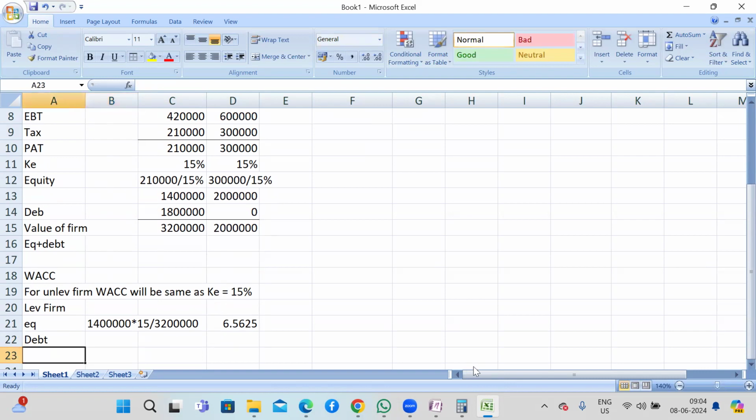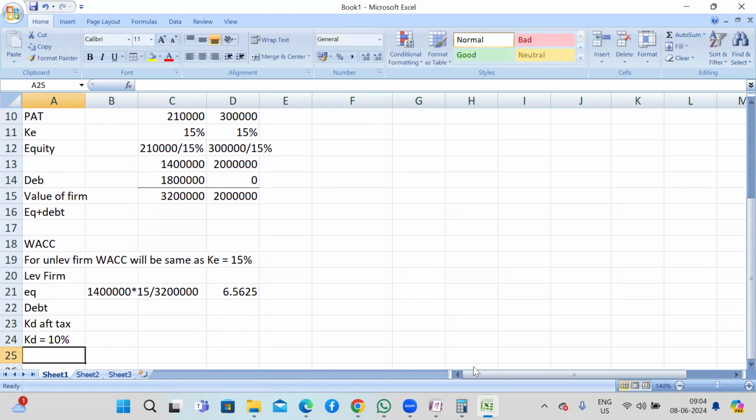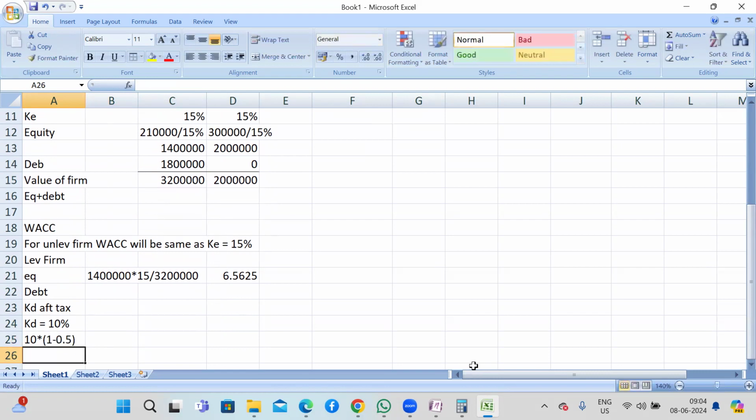That is KD after tax I want to calculate first. So KD is 10 percentage. So after tax, KD after tax I want to calculate, that is 10 into 1 minus 50% is going for taxation, right? So remember 50 percentage only will be KD after tax,